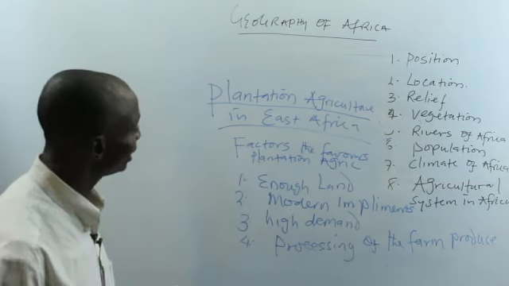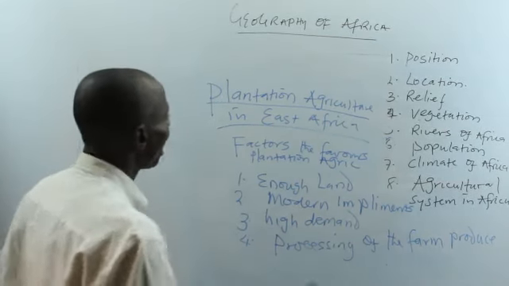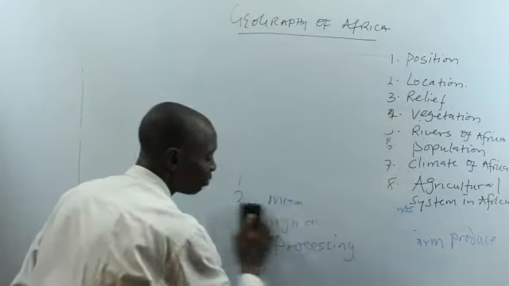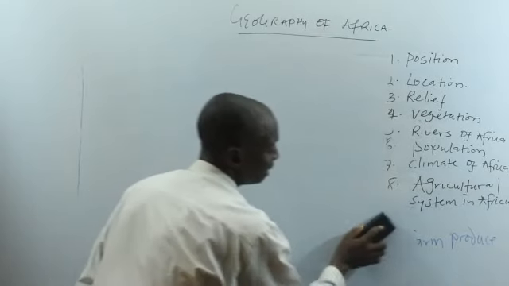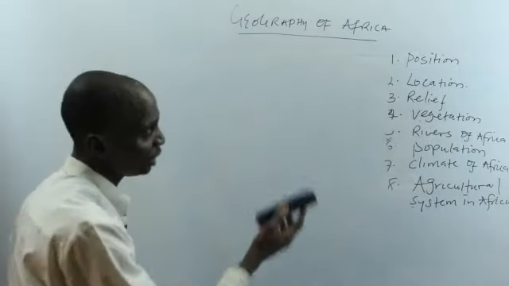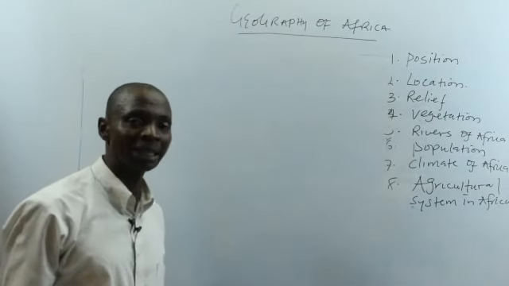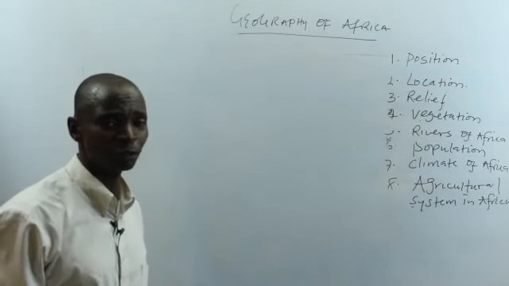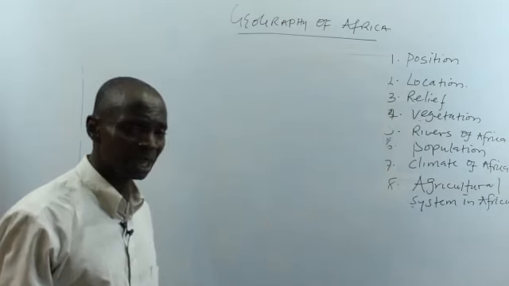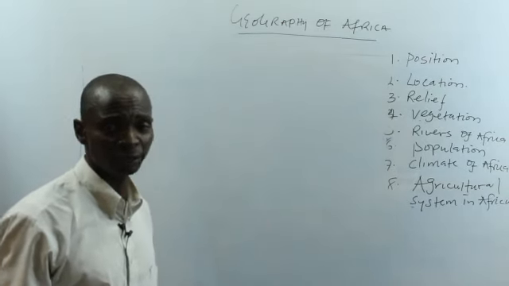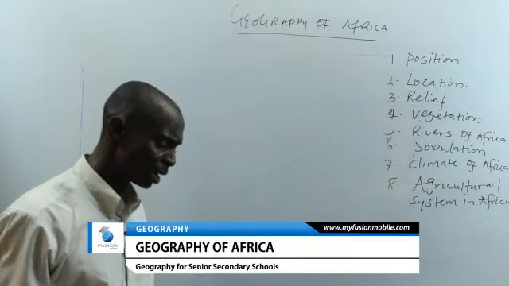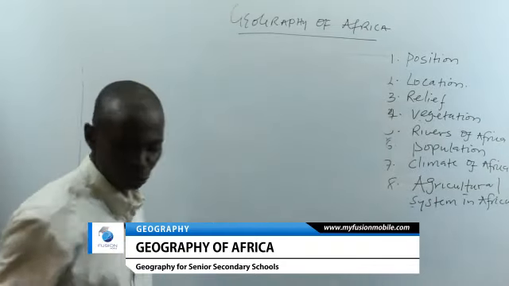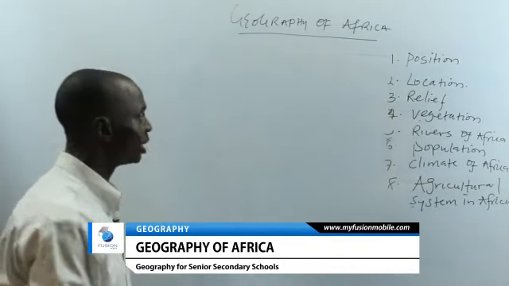Now, finally, we are going to look at hydroelectric power in Africa. Although we have other systems of agriculture in Africa, we have to take these few ones. We have pastoral nomadism, that is the rearing of animals, either for commercial or for domestic purpose. We practice that type of pastoral farming in Africa. But let's take hydroelectric power in Africa.